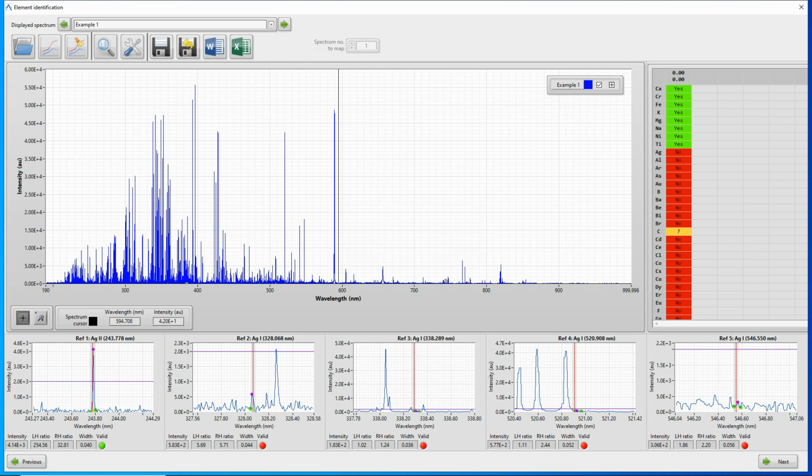When the analysis is complete, the elements identified are displayed in the results table on the right. In this example, calcium, chromium, iron, potassium, magnesium, sodium, nickel and titanium are identified in the spectrum. The reference emission lines for each element can be displayed and the results of the automated analysis checked by left-clicking on each element name in the table. For example, if we select calcium,